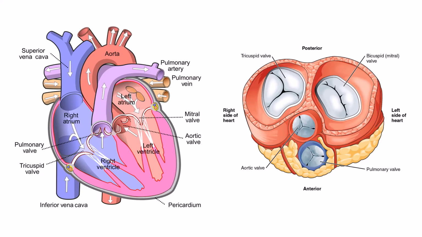On the right side of the heart, we have the right atrium and the right ventricle, and there is deoxygenated blood coming from the superior vena cava, and it goes towards the chamber on the lower side, that is the right ventricle. The valve that guards this is the tricuspid valve, and as soon as the right ventricle contracts, the blood goes to the pulmonary artery, and that is guarded by a semilunar valve. On the left side, a similar process occurs, and there is a bicuspid valve or the mitral valve between the left atrium and the left ventricle, and the blood flows towards the aorta.